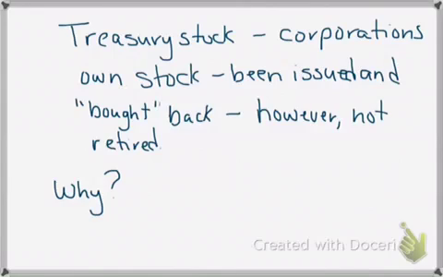The other thing that we're going to talk about as far as terminology is concerned in this chapter is treasury stock. Now, with treasury stock, this is where corporations own stock that has been issued and then bought back by the company. However, it has not been retired. So it has really been issued, and then it's been bought back. Now, there are several different reasons why we might do this. Some of those reasons could be to reissue the shares to officers and employees under a bonus or stock compensation plan, so we can buy them back from other people, and then we can issue those out to shareholders,